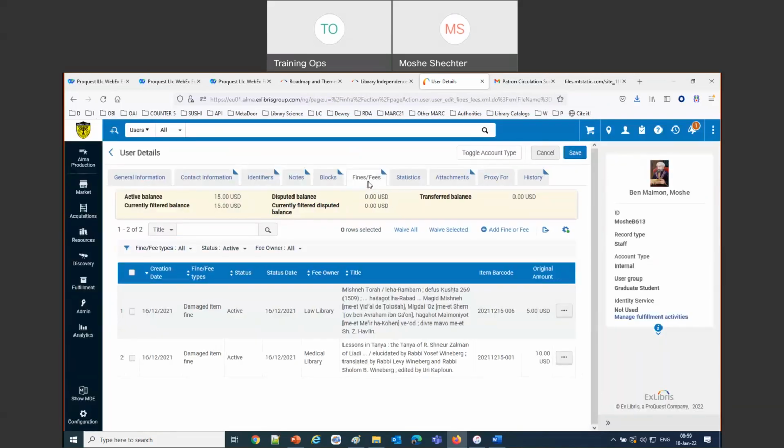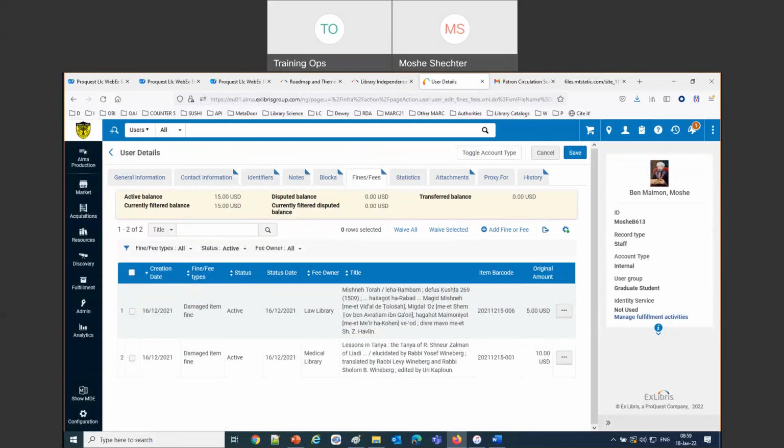And just one last comment. It may have crossed your mind, Joel was showing requests and how operators cannot see requests from other libraries. So just a little comment about that. As you know, requests in Alma are title level. So the owner of a request is actually the library that is currently handling that request or can handle this request.